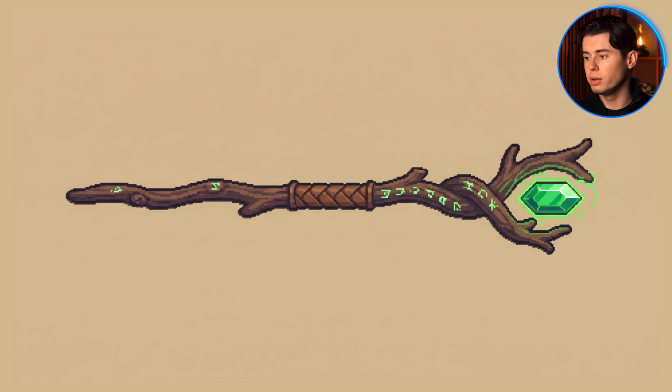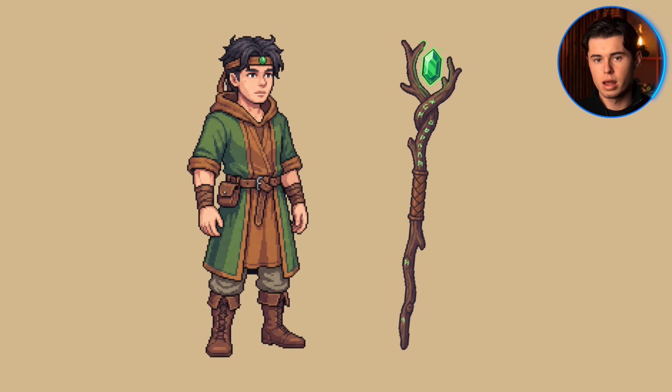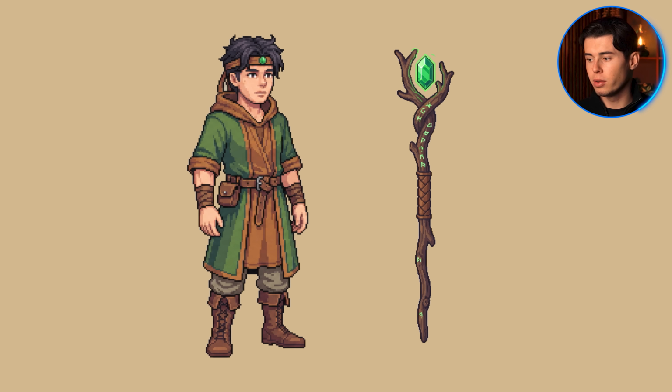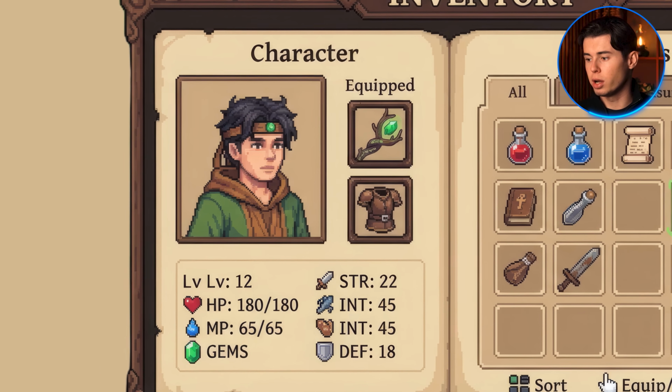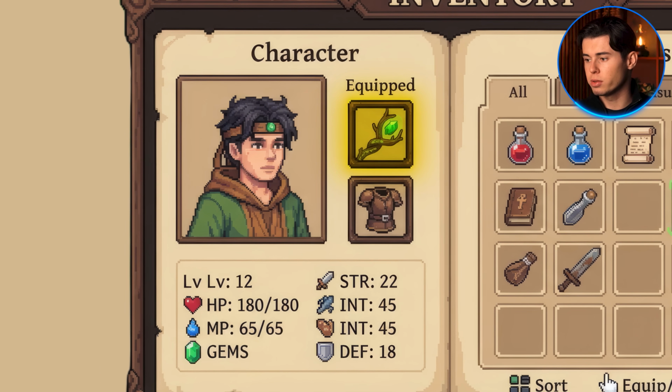This came out really clean. It feels like a weapon that belongs to the world we're creating, and the materials it's made out of match our character's outfit. The side-on view means this is immediately usable as an in-game item sprite. You could drop this straight into an RPG inventory screen, and it would look like it was designed for it